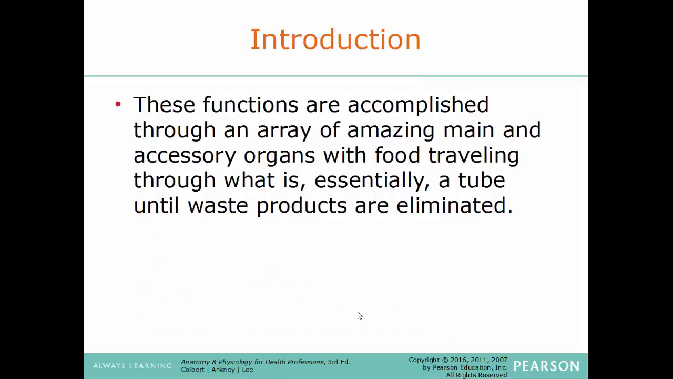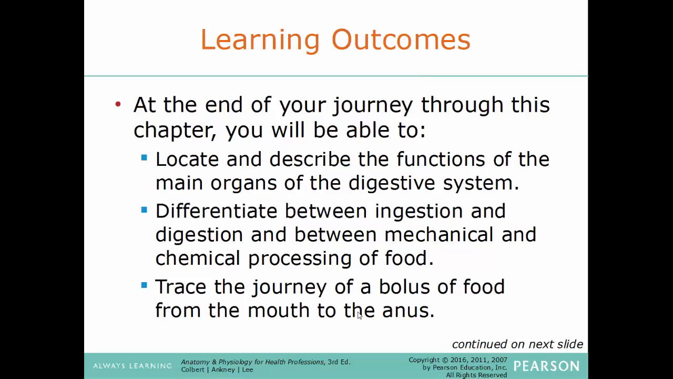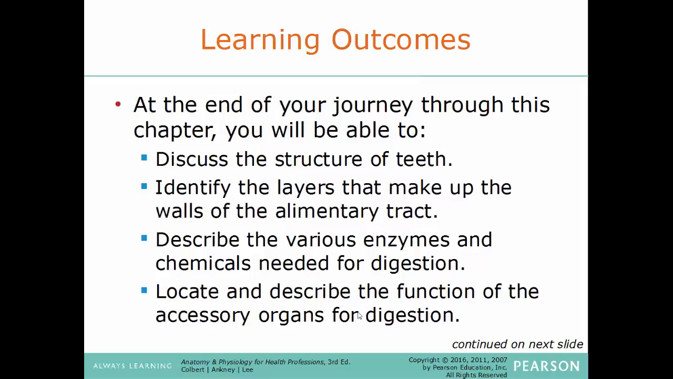Now, these functions are accomplished through an array of main and accessory organs, with food traveling through what is essentially one really long open tube until products are eliminated. The learning objectives for this chapter: locate and describe the functions of the main organs of the digestive system, differentiate between ingestion and digestion, and also between mechanical and chemical processing of food, be able to trace the journey of a bolus of food from the mouth down through the anus, be able to discuss the structure of teeth,